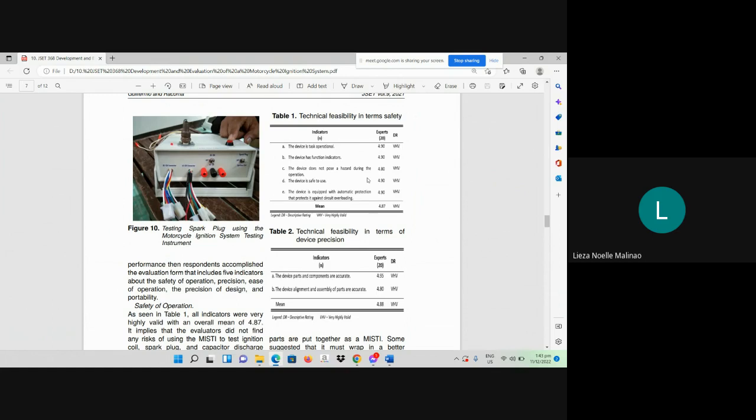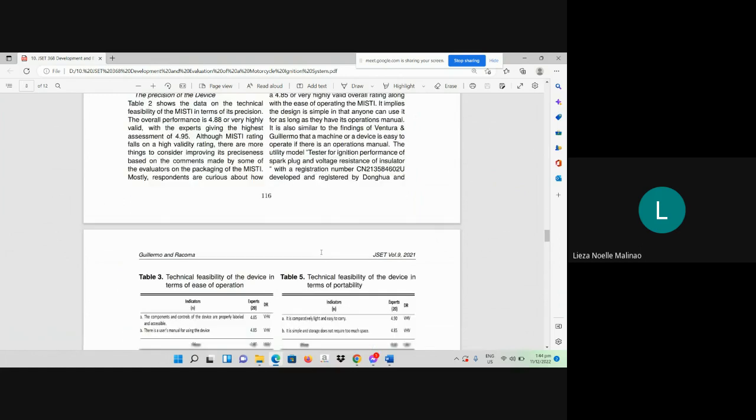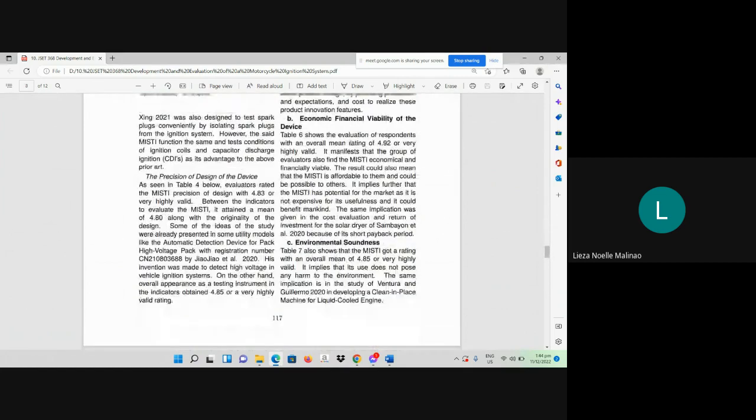Okay? And they are presenting to us here many various tables here. They are presenting to us the results of the evaluation. So let's look at the table. Table 1, table 2, table 3, table 4, table 5. Okay, so they're presenting here 5 tables just to present to the reader of this article kung unsay resulta sa